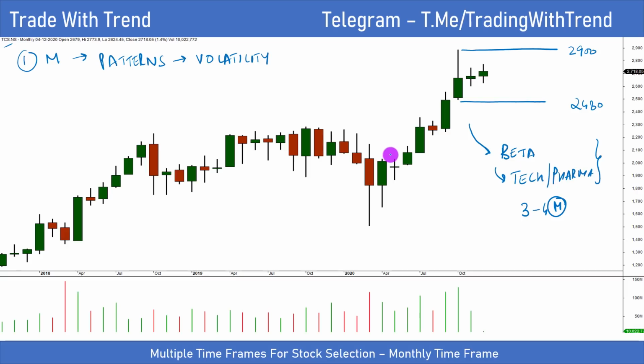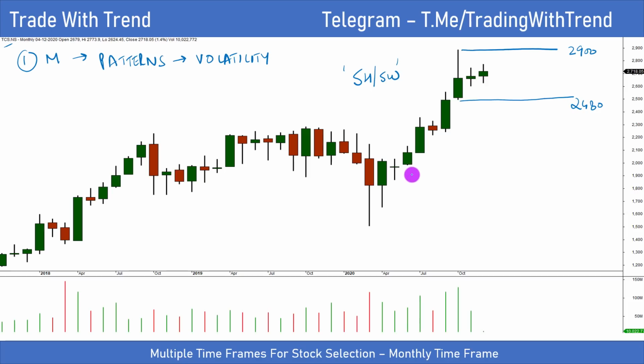So Adani Ports that we selected last month was valid for something like short term and something like swing trade. But when it comes to TCS, this only qualifies for swing trade because of the fact that in the current cycle, high beta is performing well and it can take some more time for price to consolidate and then start moving higher. So there are some key things that I like in TCS on a higher time frame chart.